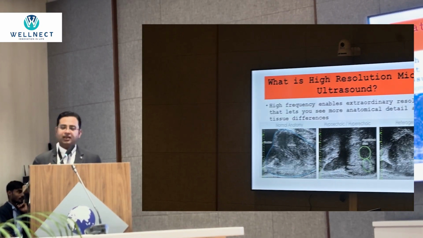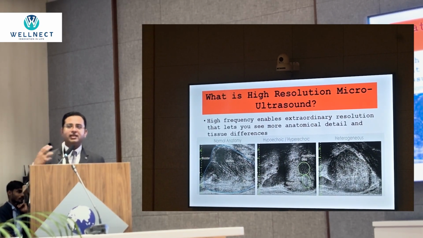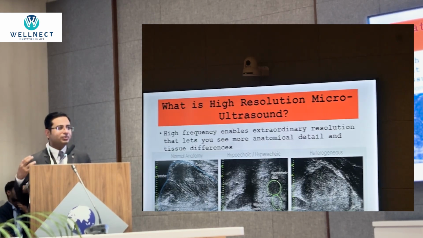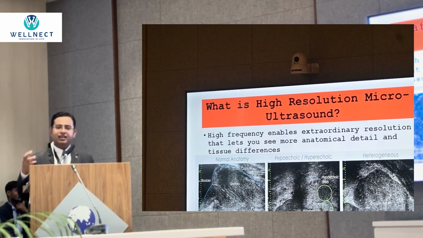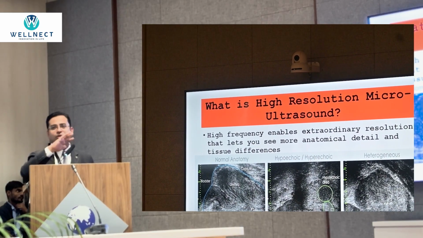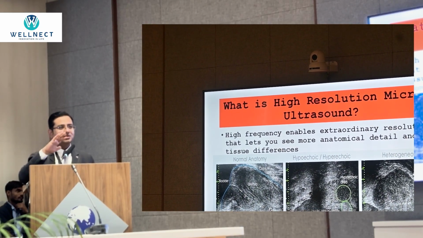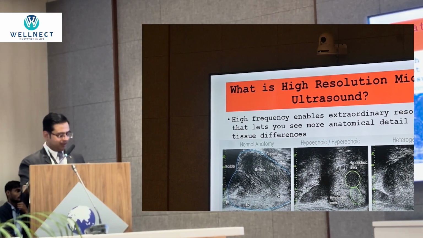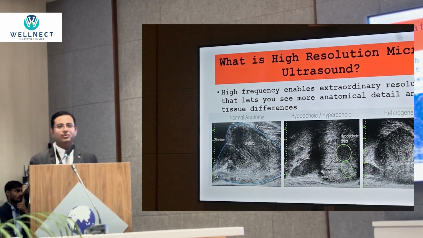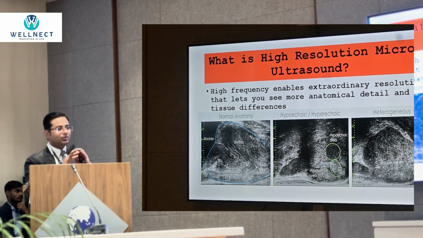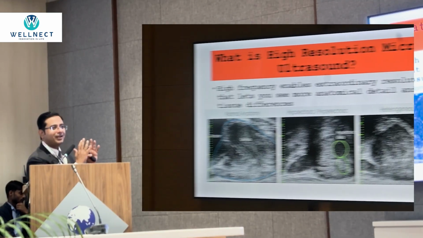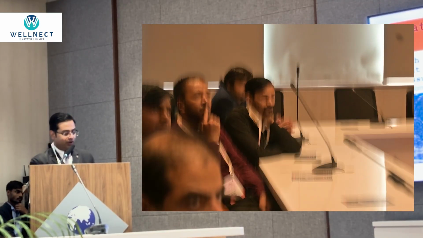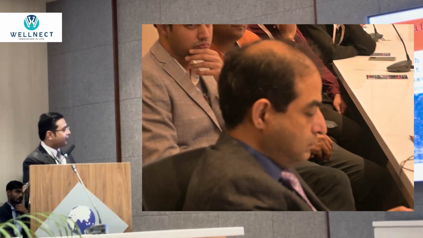The classic comparator for this is a BK ultrasound. We all love BK, used it for ages, and you see the grayscale of BK is homogeneous, so it looks beautiful. This is dirty grayscale. So for the first time when you see micro ultrasound, you are taken aback. You don't see a smooth grayscale, and that puts you off. But if you look at it closely, look at the